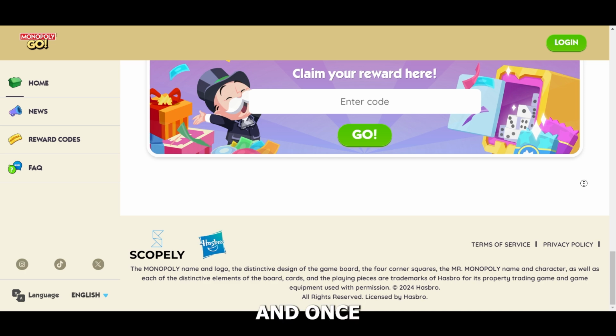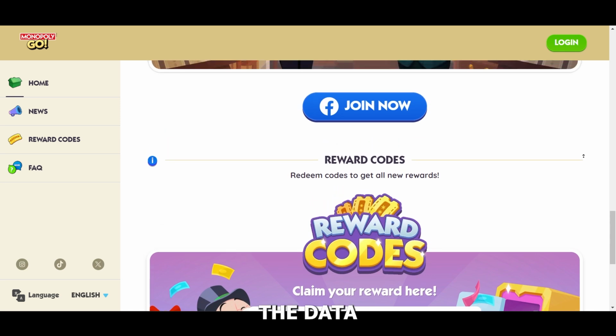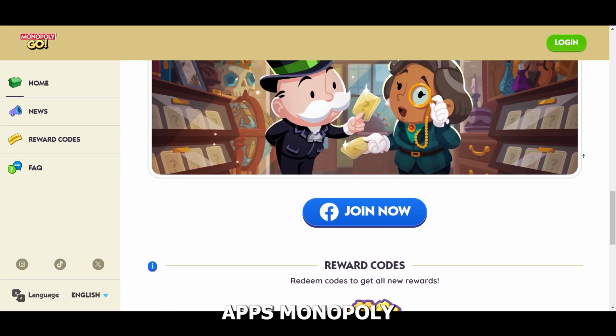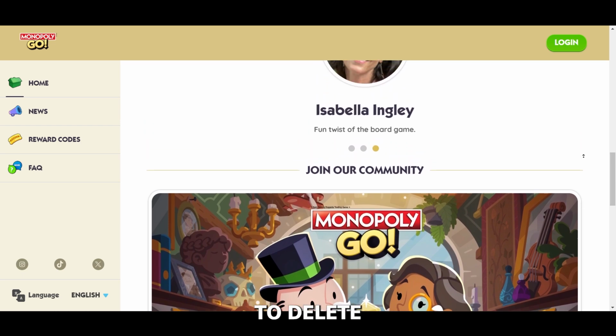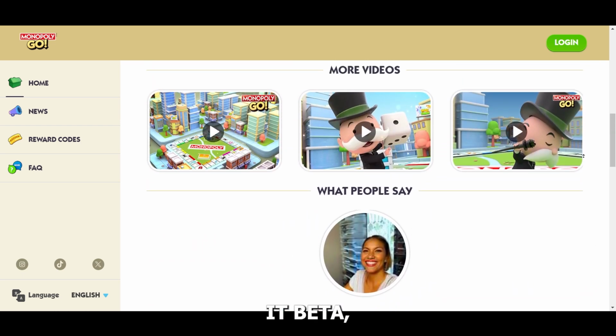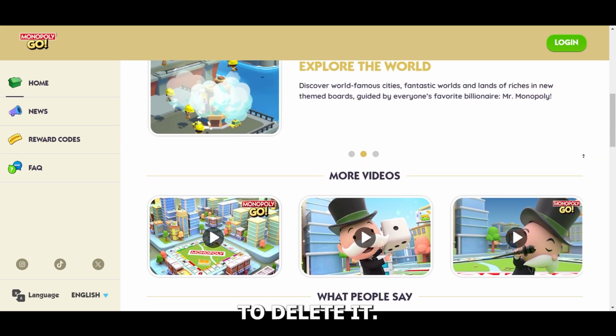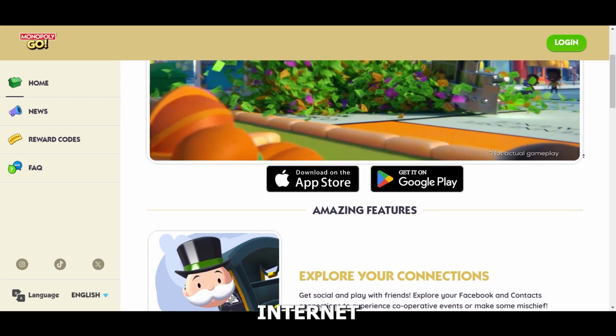Right, and once you exit the game, for Android, close the app and clear the data by going to Settings, Apps, Monopoly Go, Storage, Clear Data. For iOS, delete and reinstall the app by pressing and holding its icon, then tap delete, then tap X to delete it. Now turn off your airplane mode, disable airplane mode on your device, reconnect to the internet, ensure